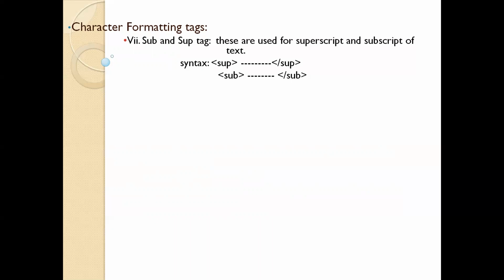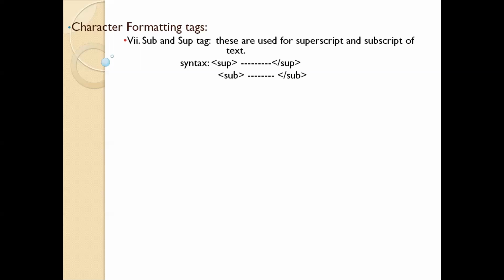So x square, in the sense that 2 should be represented at the top of x, at the top of y, and at the top of z. So in order to represent that 2 at a higher position than x or y or z, we have to use the sup tag, that is the superscript.